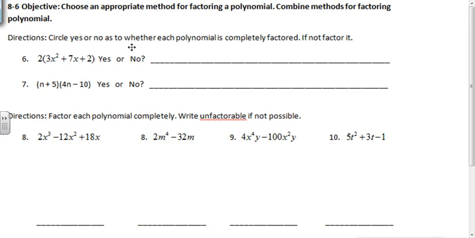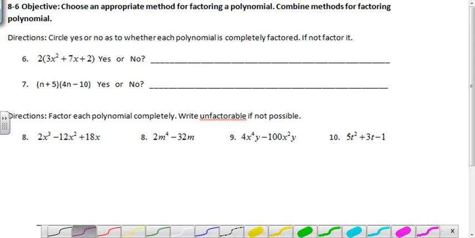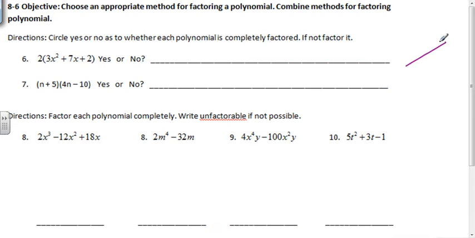Okay, circle yes or no as to whether each polynomial is completely factored. If not, factor it. So basically you're looking inside the parentheses to make sure that it can't be factored again. First question you always ask yourself, is there a GCF? Well, between 3, 7, and 2 it's just a 1, so I would say no. But this is a trinomial. Trinomials are the kind that you try the Korean method, so I've got to double check and make sure that